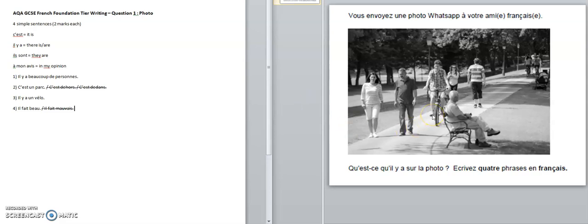It's a little bit hard to tell here because the people are quite small, but again, as long as what you write is reasonable and definitely not false, then you will get the mark for it. So we can't really see these people smiling, but the fact that they're out in the sunshine, going for a walk in their leisure time, makes us think that it's probably reasonable that they're happy. So we could add here,